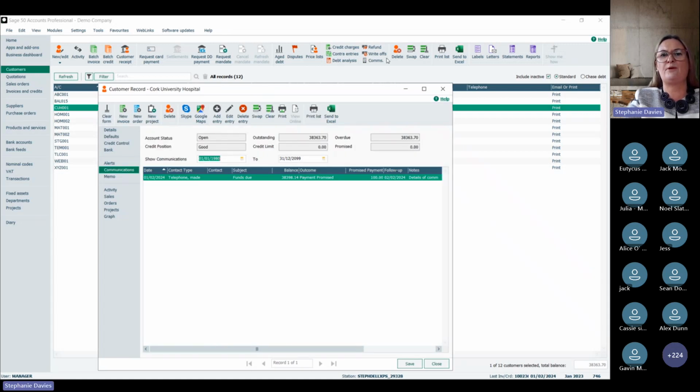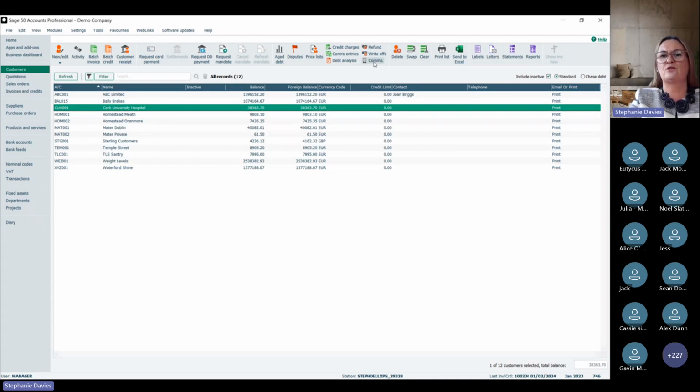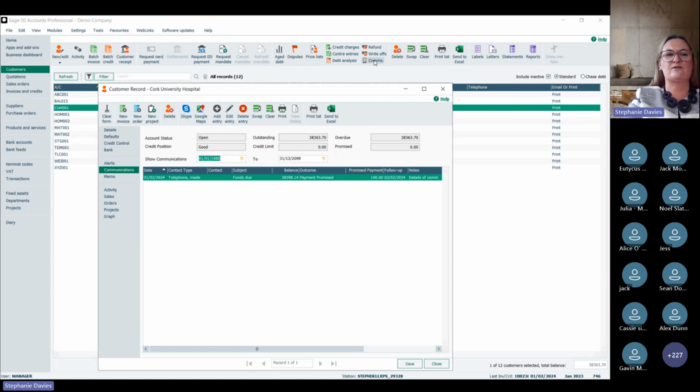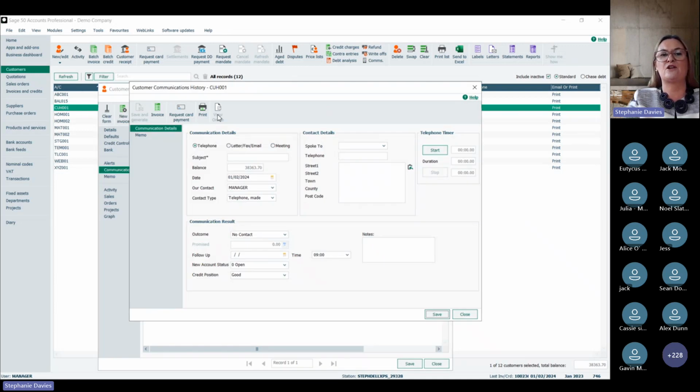Or you will see up on the top here, there's a comms dot. So I don't need to go in. Again, a shortcut will be straight in there. If I just close off that just to show you, if I pop into comms, it'll be the same screen, but I just don't have to click through to it. So I can do a new invoice or a new order at this stage. Again, shortening, I may be looking at some of the communications and I want to shortcut to an entry of new invoice, new order. But in this case, all I want to do is add a note,